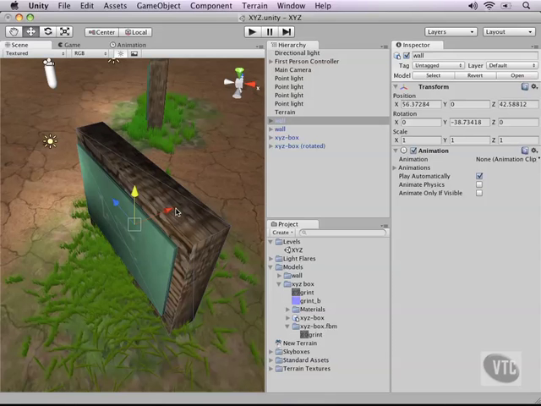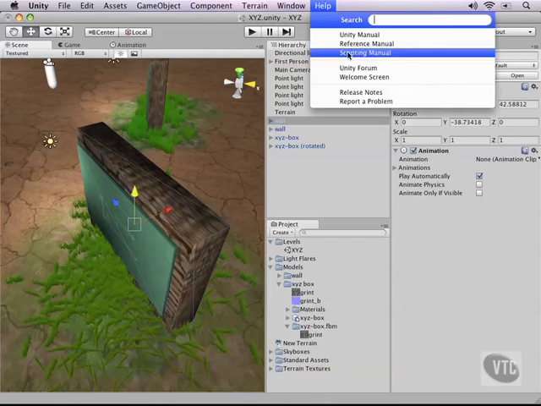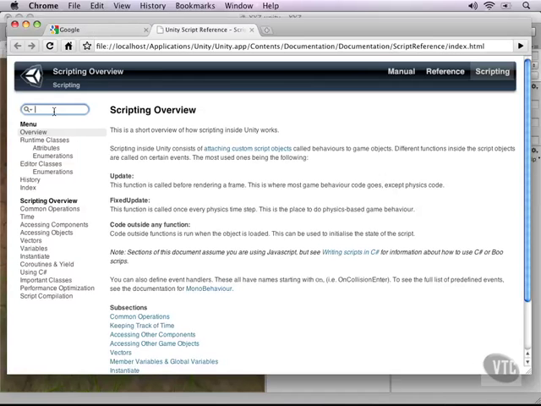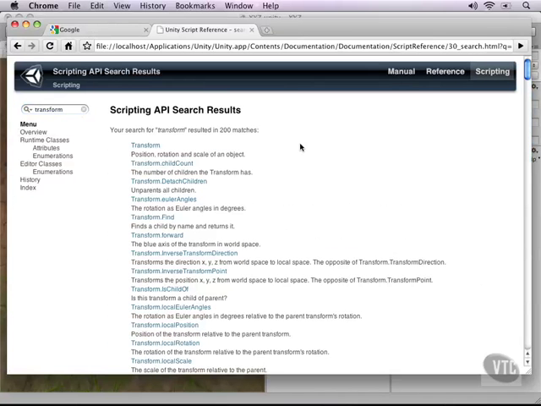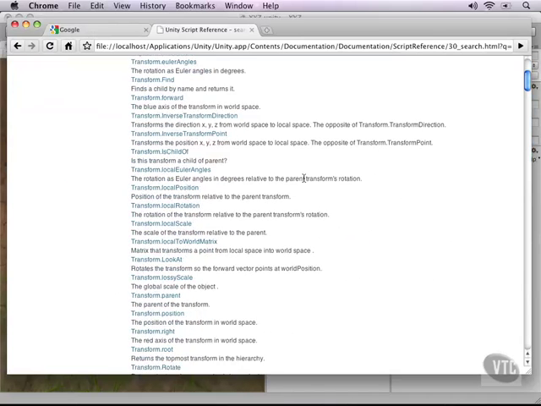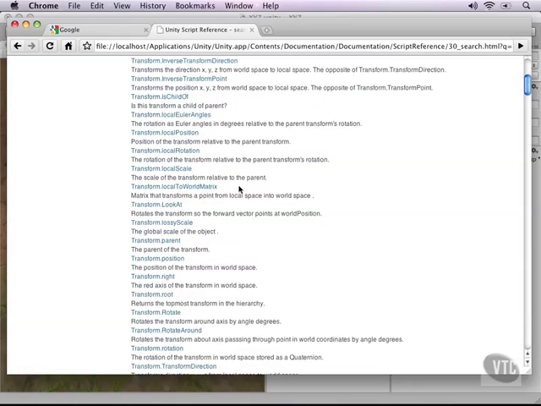In the next video, I'll show you how to throw things in 3D space, but let me just give you a sneak peek right now of most used functions that we use to do this in 3D space. If I click the help button and then go to the scripting manual, and in the search box type transform, it will show me everything I can do with the transform of a game object in Unity 3D. If I scroll down, you will notice a couple functions that are local to world matrices or have the name local in them, and these all have to do with the local position or angles or rotation or scale of